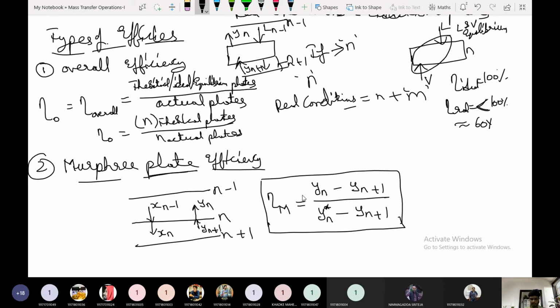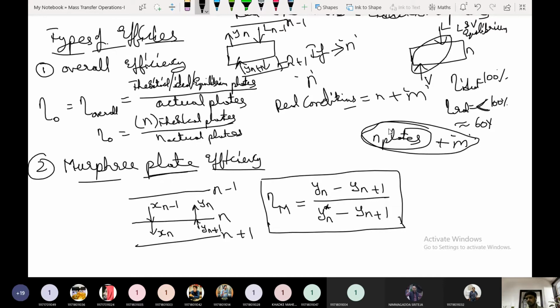So vapor composition efficiency is something we usually do in the CPP course. What is efficiency? Output by input, simply. So here the efficiency is defined in terms of plates, which means it is a relationship between actual conditions and ideal conditions. Under ideal conditions only N number of plates are required, but under actual conditions this N number of plates is not at all sufficient. So to increase the reaching of equilibrium, or to provide intimate contact between the vapor and liquid phases, we need to add some M number of plates in the real conditions.